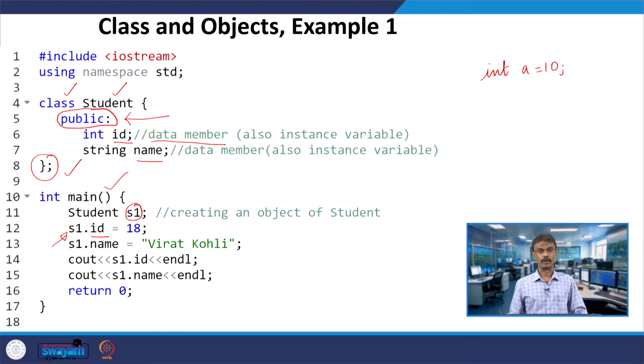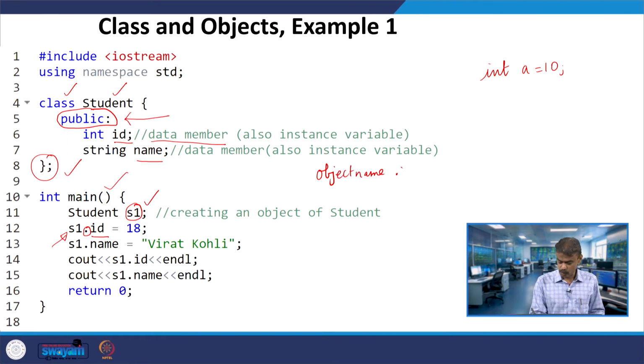In a similar way here, the object has to invoke; the object has been instantiated over here, S1 is an object. So, this object S1 dot: the dot operator is bridging between the object and the data member, or the object and the member functions. Here S1 is the name of the object,